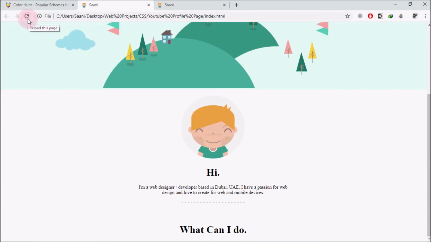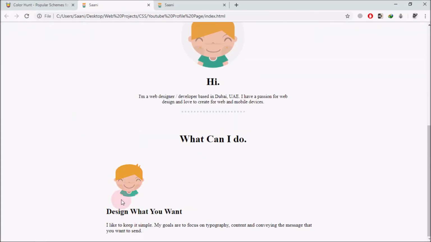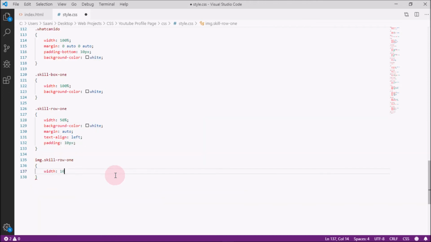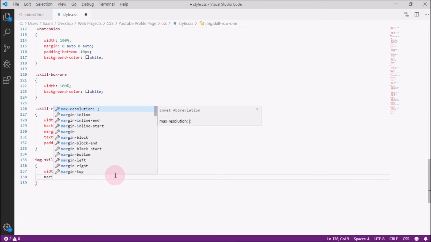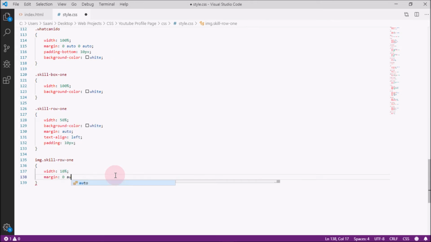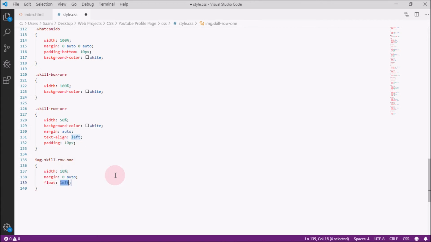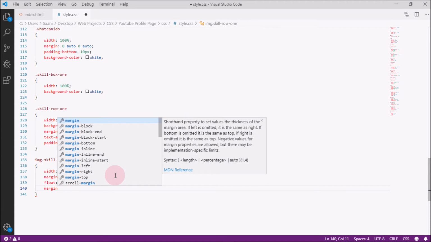Now if we go back here and refresh it, you can see that values have appeared over here. But now we're going to write the style sheet for the image, h2 and this paragraph. So if an image tag comes under the skill row 1, then we will be using the width to 10% of the whole div. Then we will be having the margin to 0 and auto, and float property will be left with the margin right